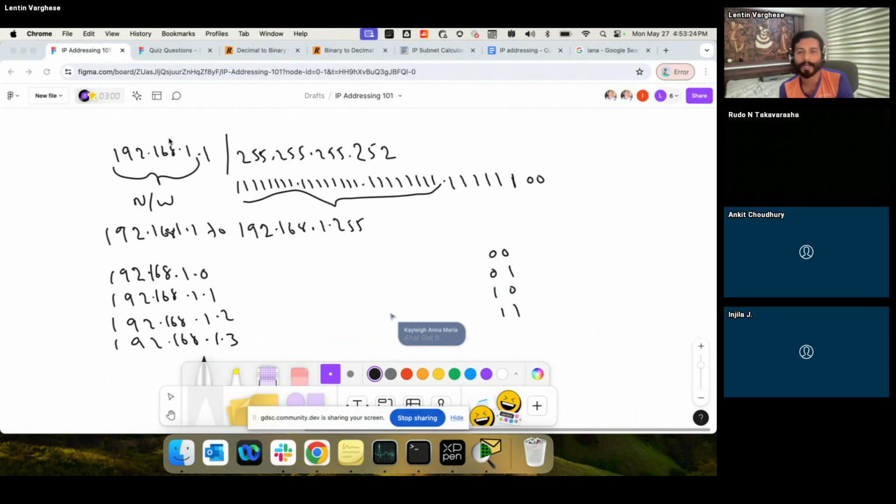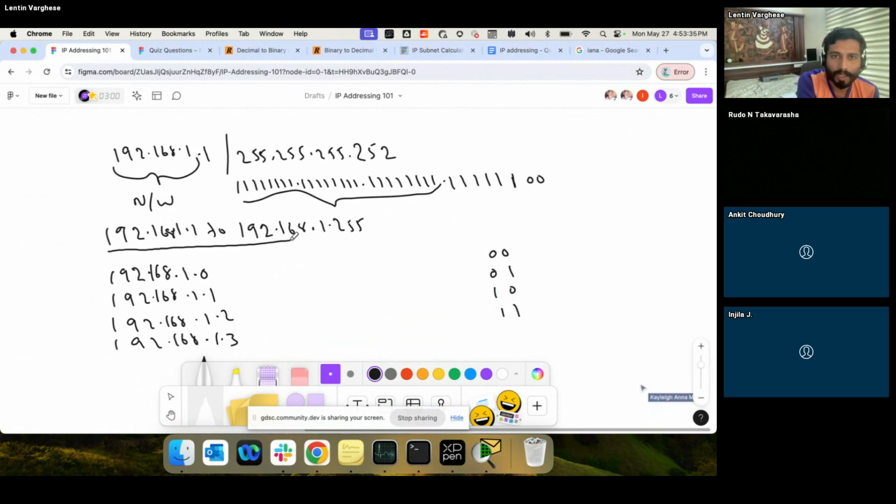Okay, good. Yeah, I could see how it could be confusing. So our earlier network was this, 192.168.1.0. This was our network before we did the subnetting. Now after subnetting, this whole thing will be split into blocks of 4. The next block is 192.168.1.4. It'll go till 192.168.1.7. So how is this becoming a subnetwork?